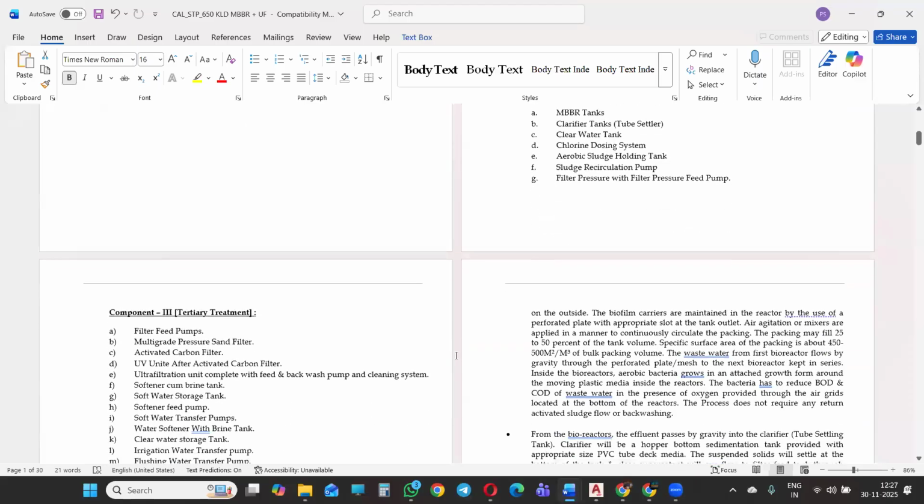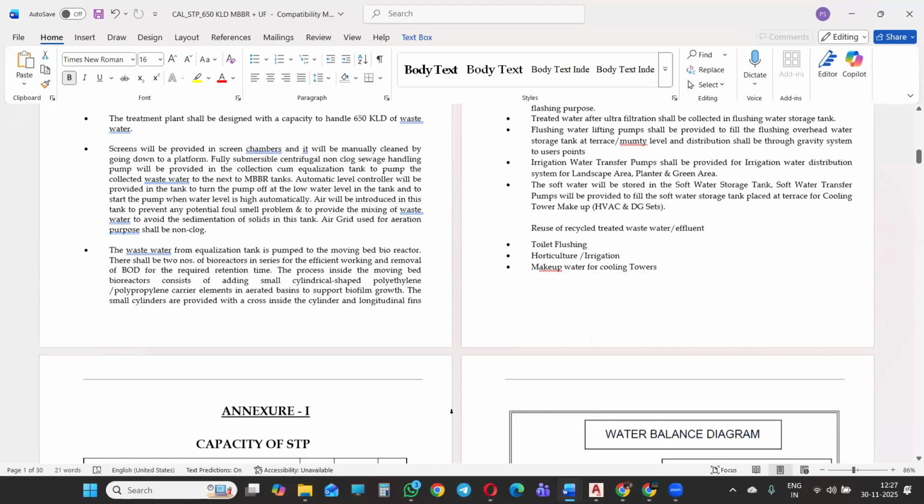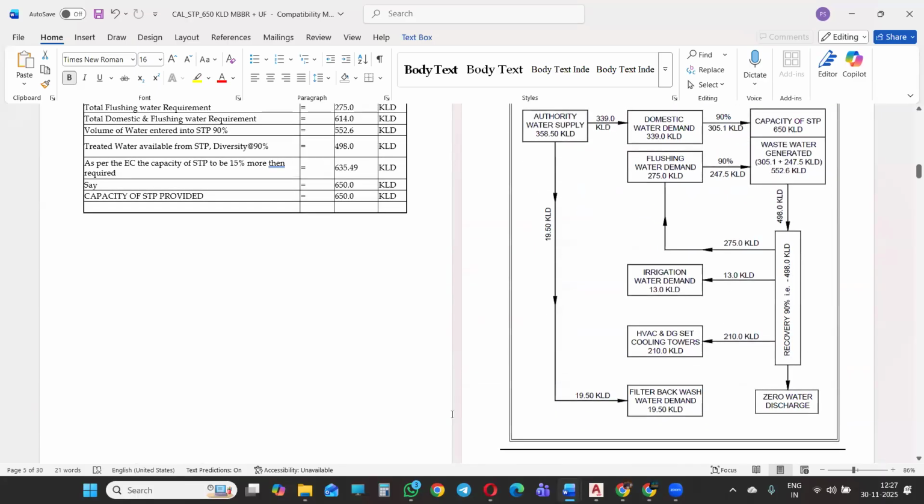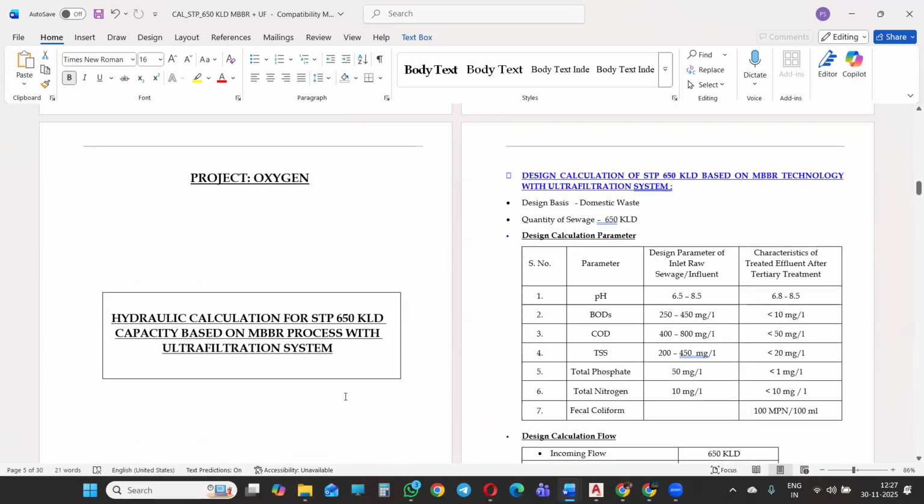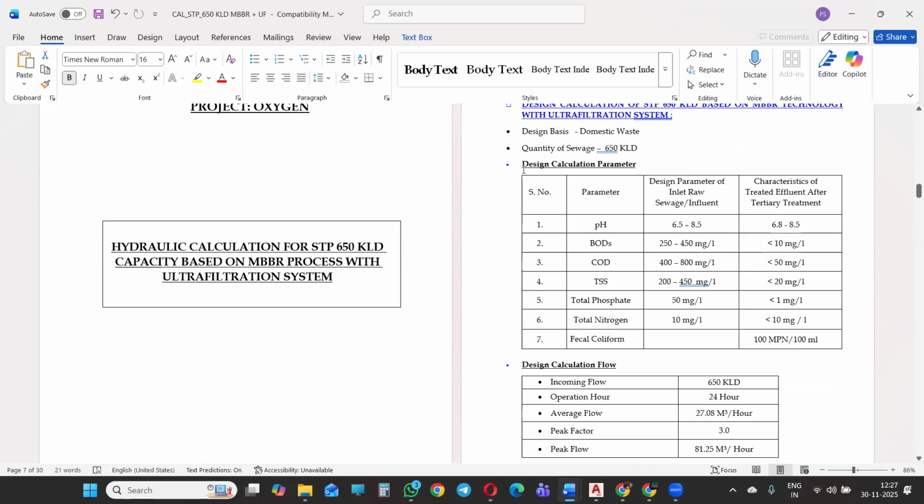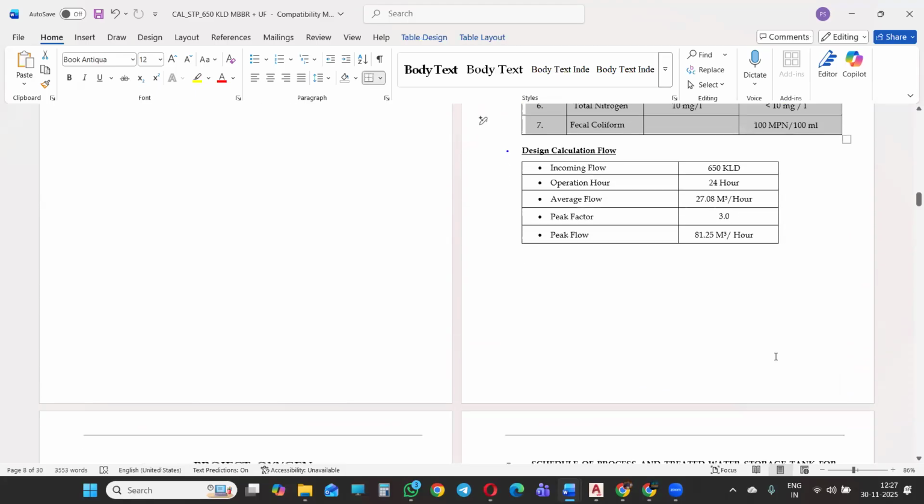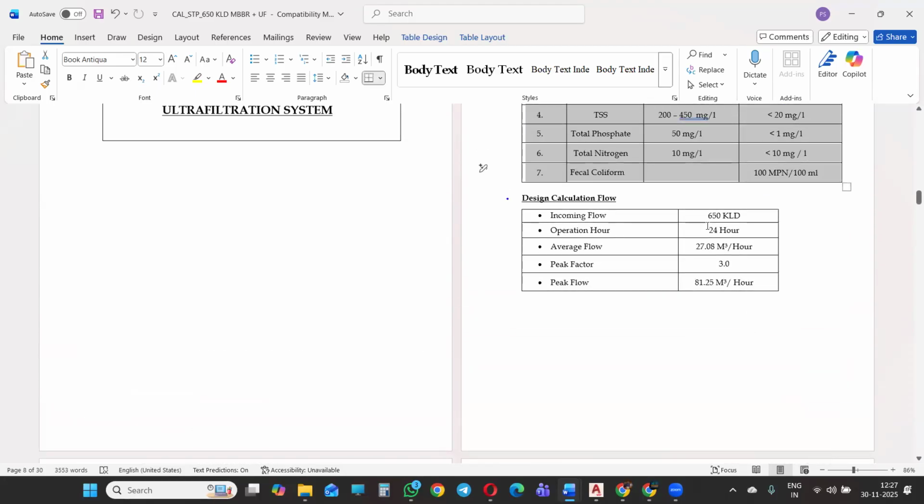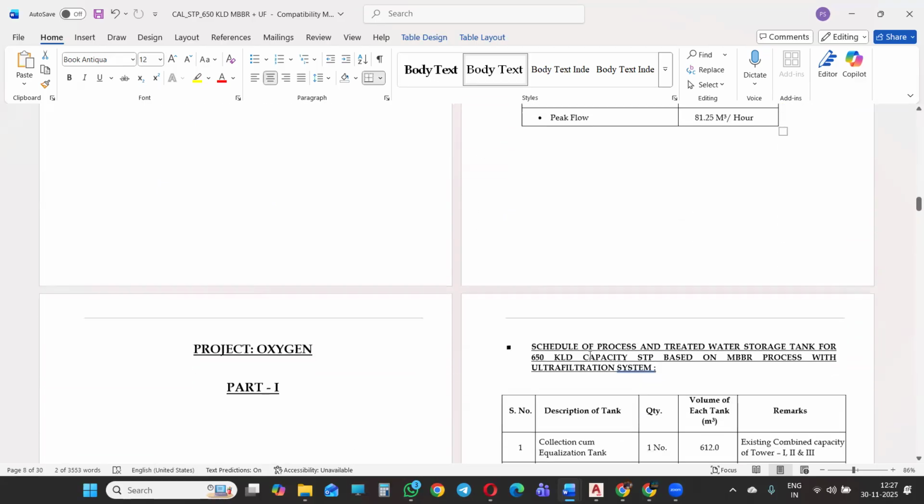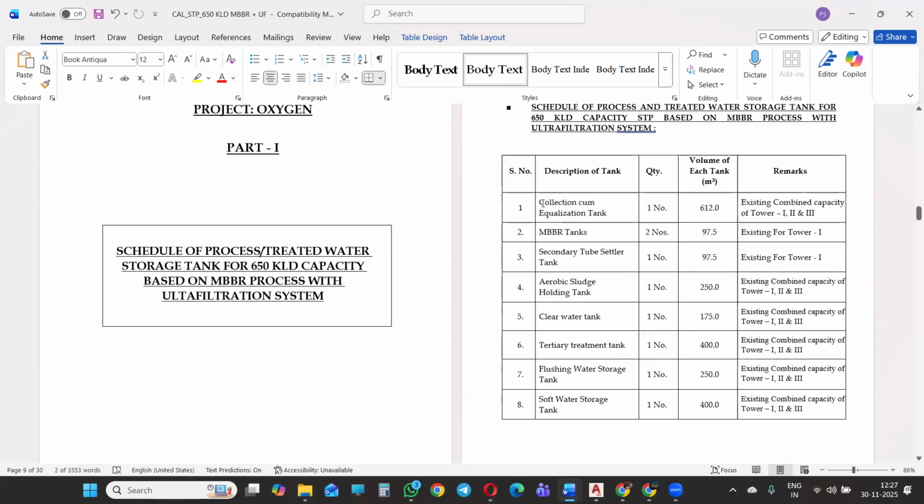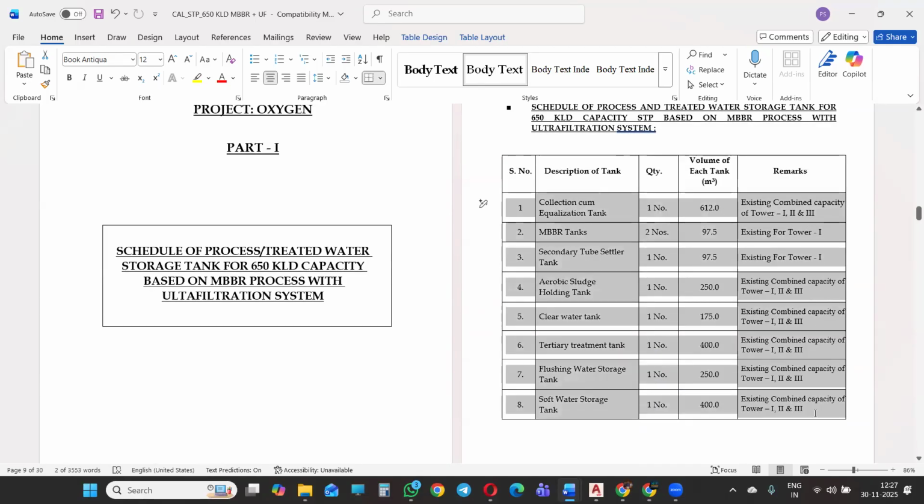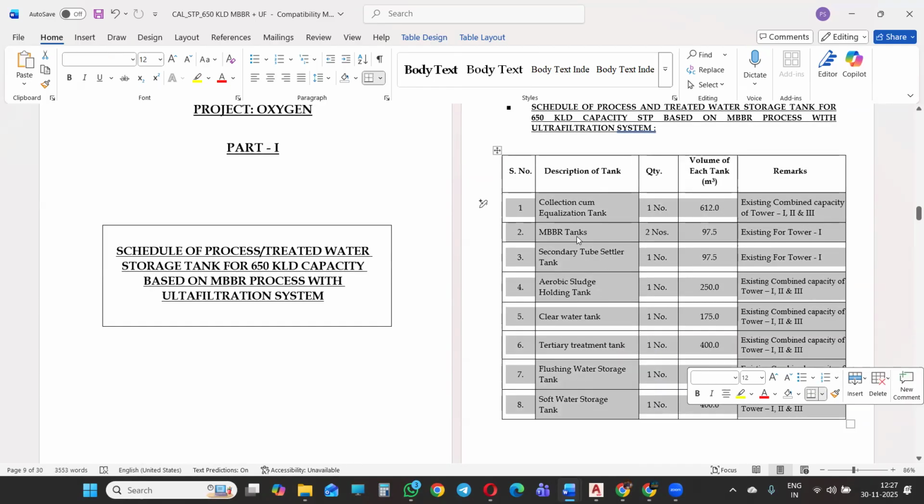सेम वे में अगर हम STP में आते हैं, तो STP में हमारे पास ये पॉइंट्स हैं। pH वैल्यू तो हमेशा फिक्स रहेगी, ये हमें चाहिए ही चाहिए। और ऑपरेशन कितने आवर्स का है, वो आपको प्रोजेक्ट के हिसाब से यहाँ मेंशन करना पड़ेगा। और ये आपके टैंक्स हैं: कलेक्शन टैंक, MBBR टैंक, सेकेंडरी टैंक, एरोबिक टैंक, क्लीन वाटर टैंक, ट्रीटेड टैंक, फ्लशिंग टैंक, स्टोरेज टैंक।